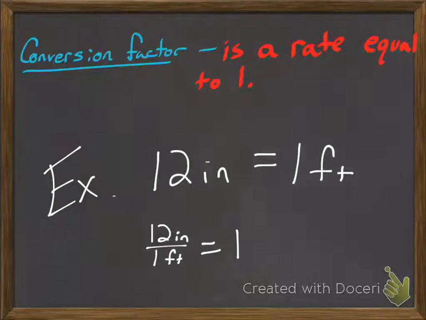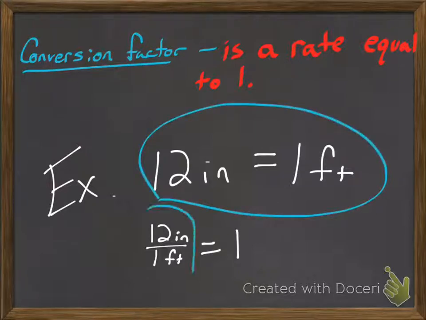So in other words, 12 inches equal 1 foot. So 12 over 1, it's a rate because you have inches over feet, but it also equals 1 because we all know that there's 12 inches in 1 foot. Another example would be something like this. There's 1 mile